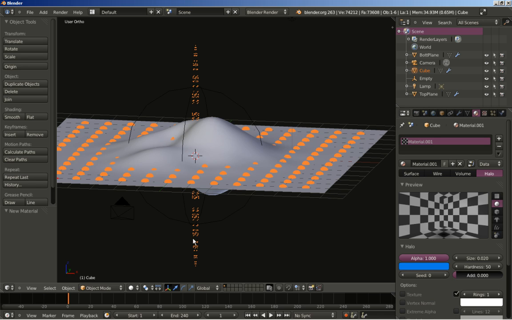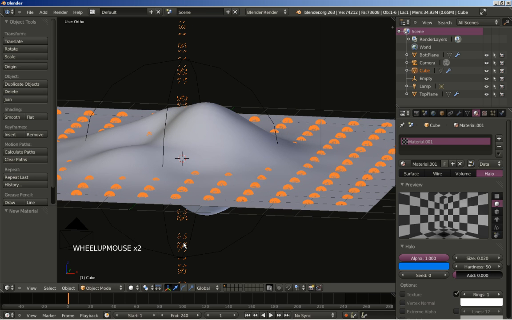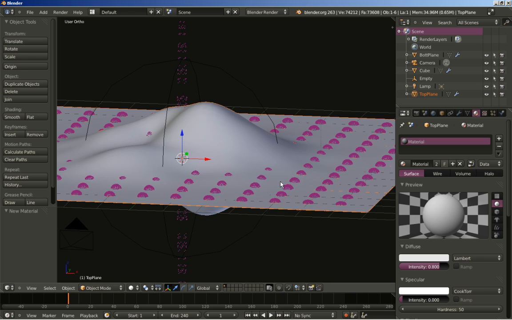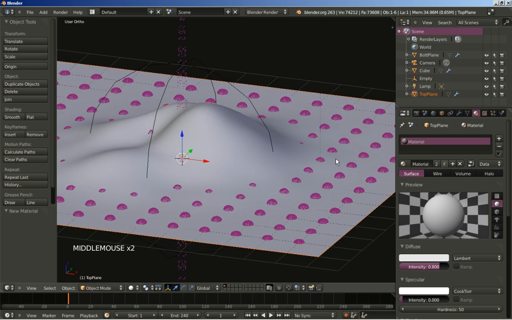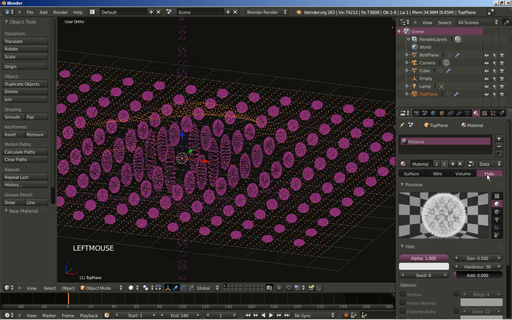Now, as you can see in the viewport as well, the object is now treated by Blender as a halo object, and I'll right click the plane to select it, and as you can see we have a material for both the planes, so we'll just change this one to halo as well. Decrease the size, let's set it to 0.02 again,